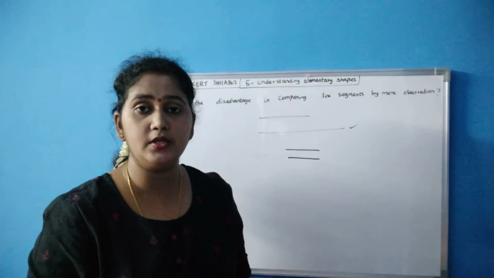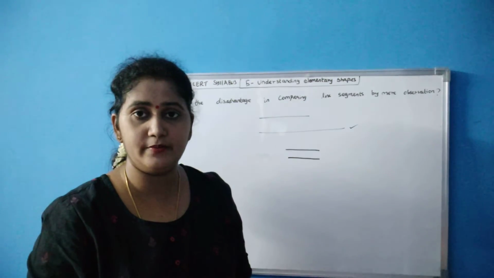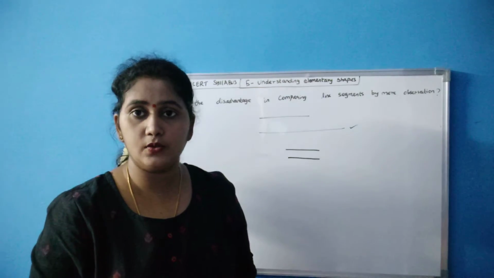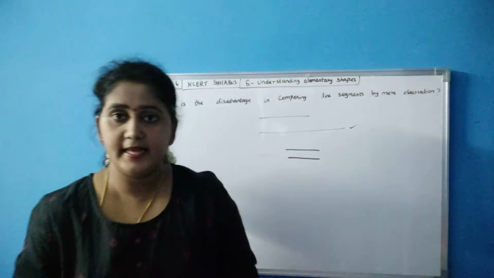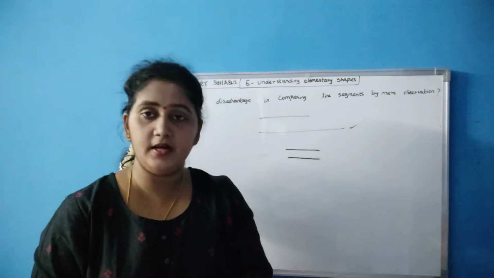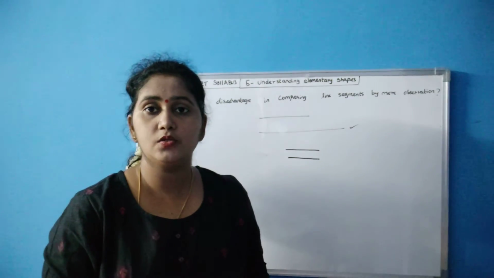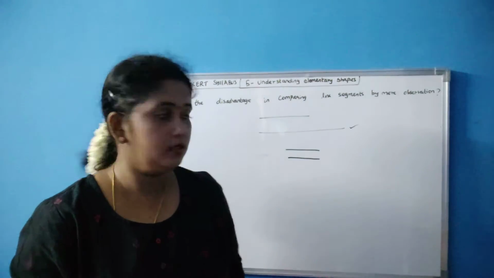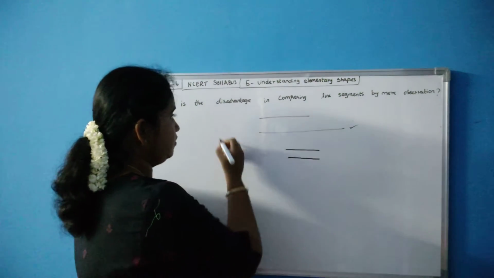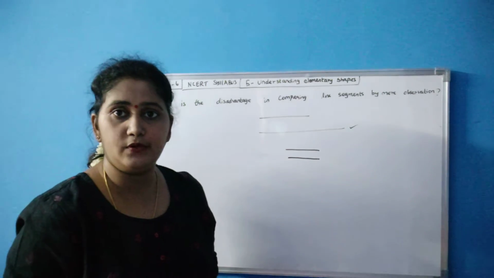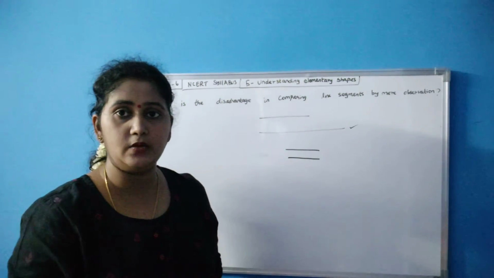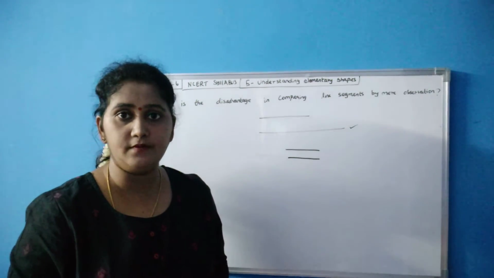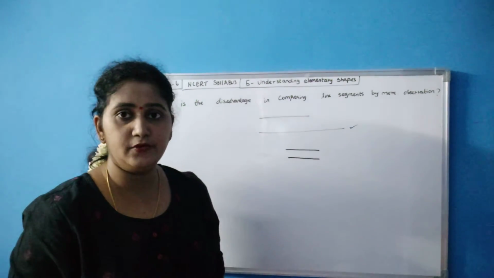But if you measure using a scale, that is a ruler, there will be slight changes in millimeters. So we can say that there may be a chance of error due to improper viewing. So if you are viewing improperly, there are chances of error. So that is the answer. I am not writing it, I am just telling you the answer. There may be chances of error due to improper viewing. So this is your answer for your first sum.